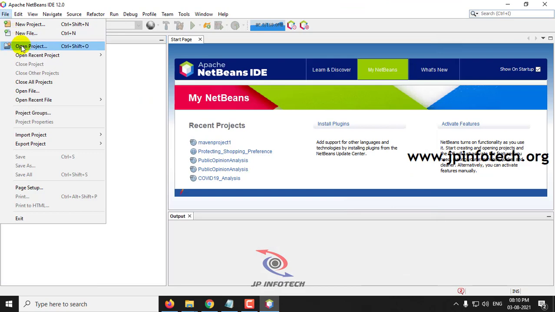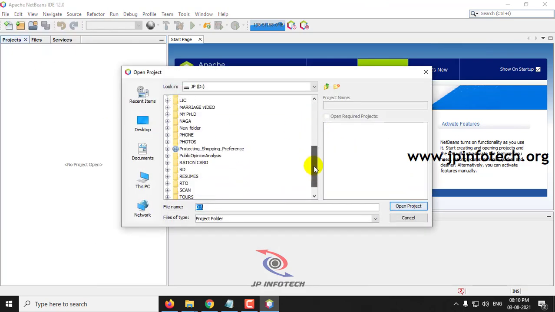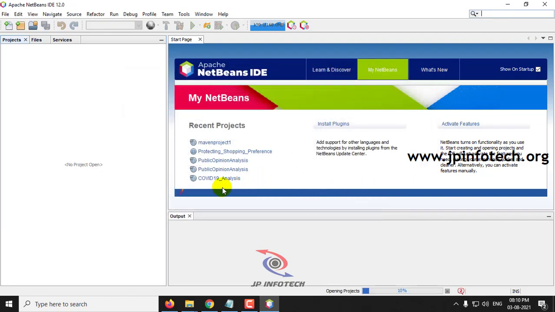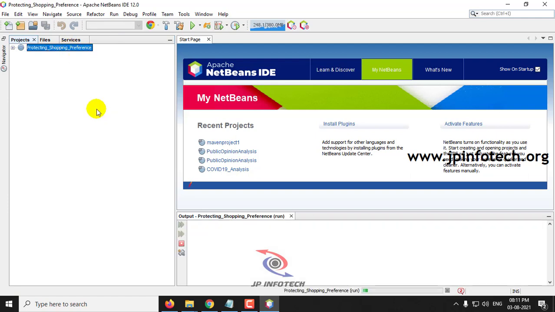go to the file menu and click open project. I'm going to select the project which I have already developed. So let me click open project and kindly wait till the complete project is loaded, and here you can see the progress of it. Now the complete project is loaded and the background scanning process is also completed. Now just right click it and select run,